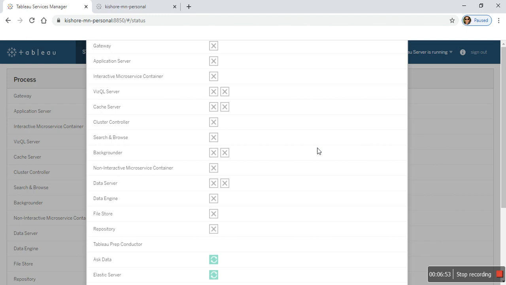If you go to TSM, you can see the progress window. All the services are stopping one by one.